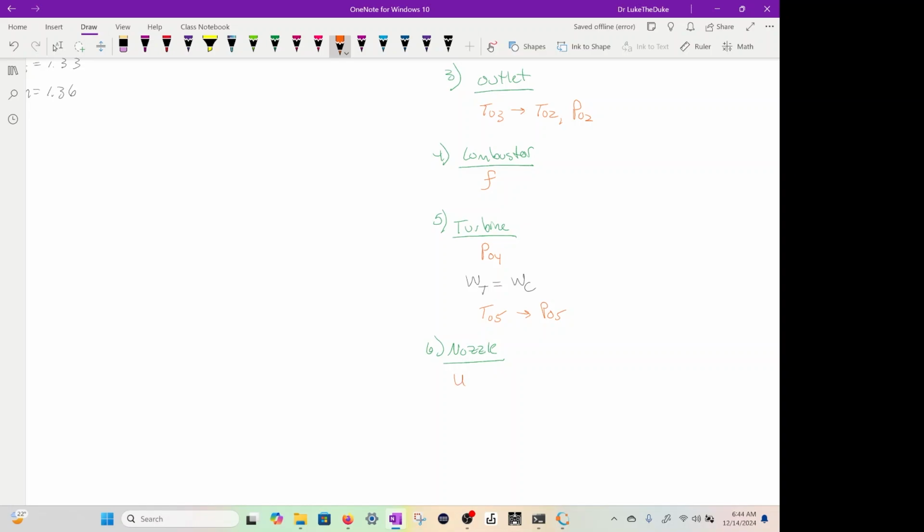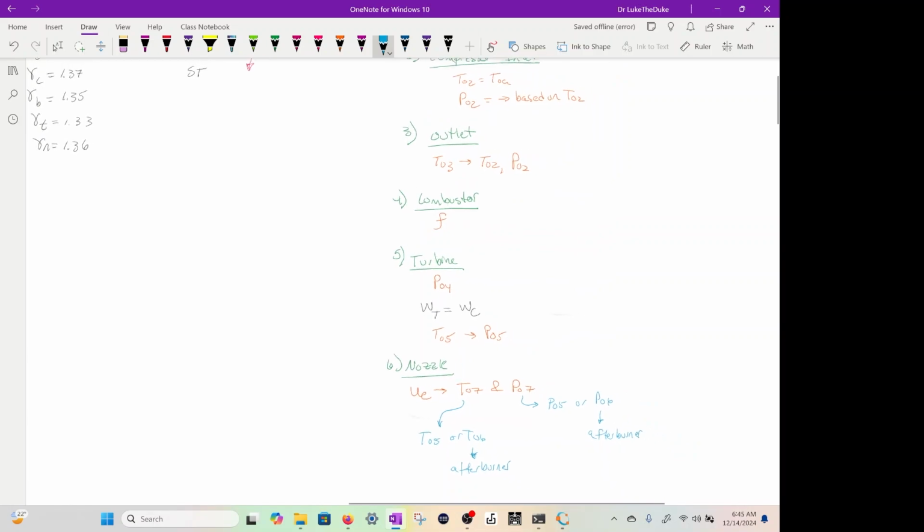This is where we're going to find UE, and that's based on T naught 7 and P naught 7. And then T naught 7 is based on T naught 5 or T naught 6, which is, we'll assume, the afterburner parts. And then P naught 7 is based on P naught 5 or P naught 6, and we'll assume basically the afterburner or any other issues between the turbine and the nozzle. Okay. So if you look at this,